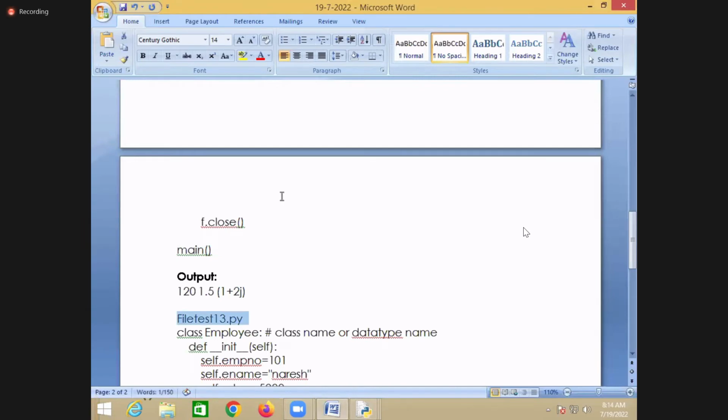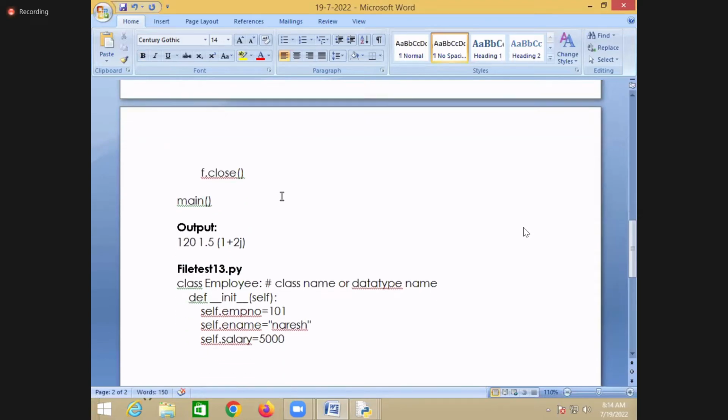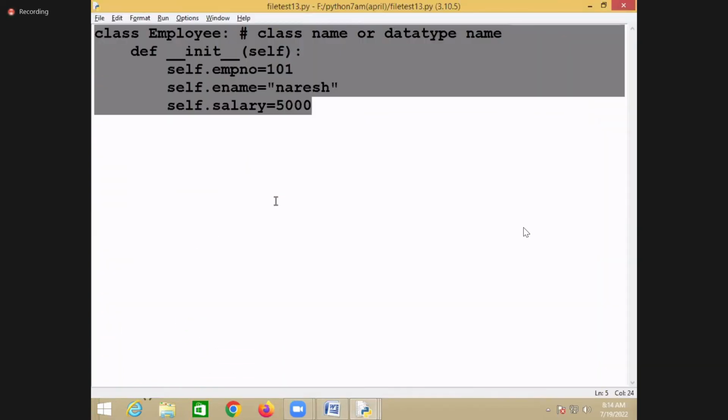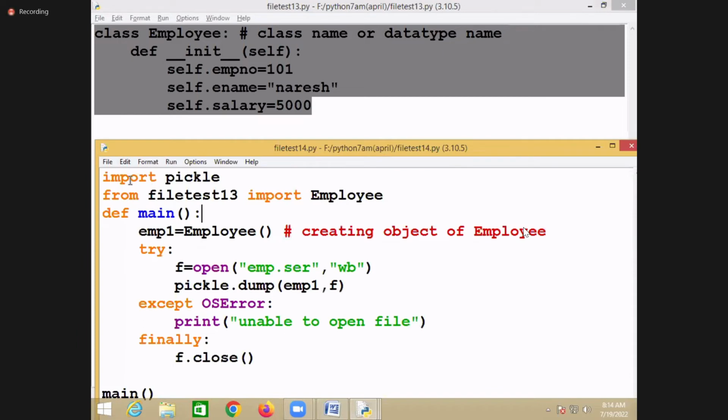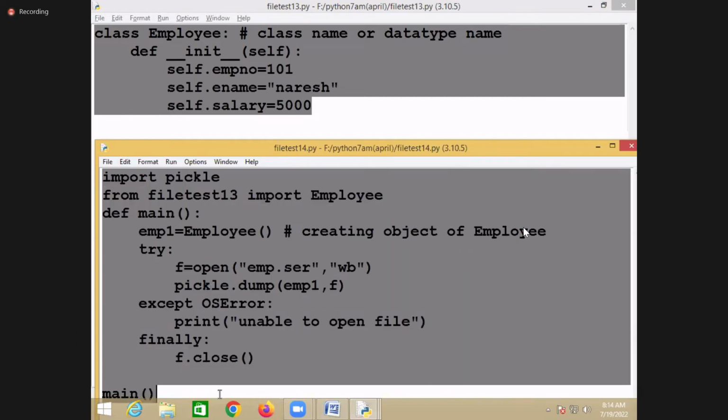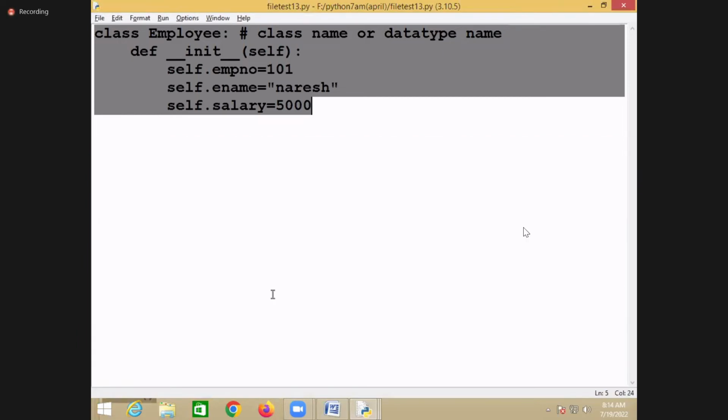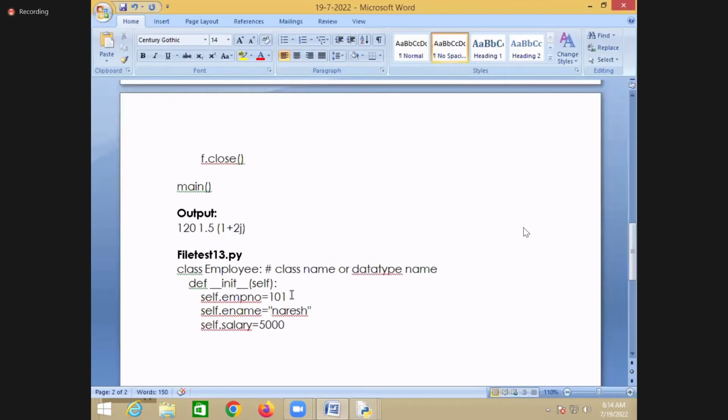13.py. In this module, I develop one data type, or one class, and this class is used here for representing whose data? Employees' data. Okay, so this is file test 14.py. This is for which one?